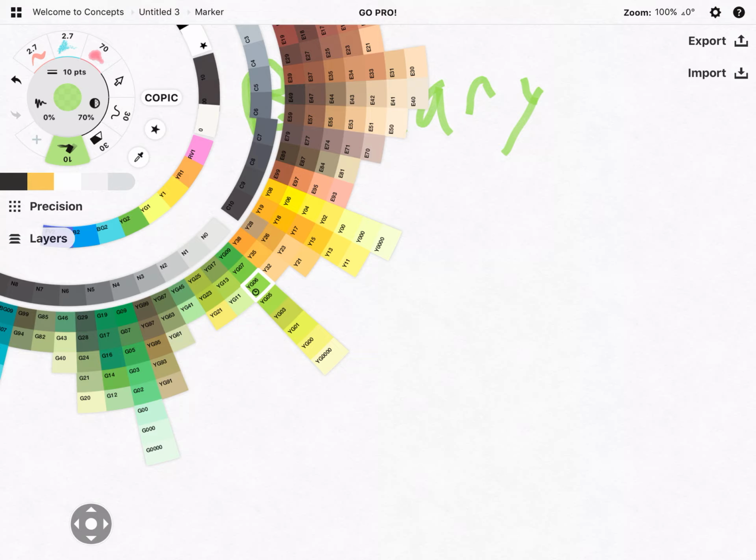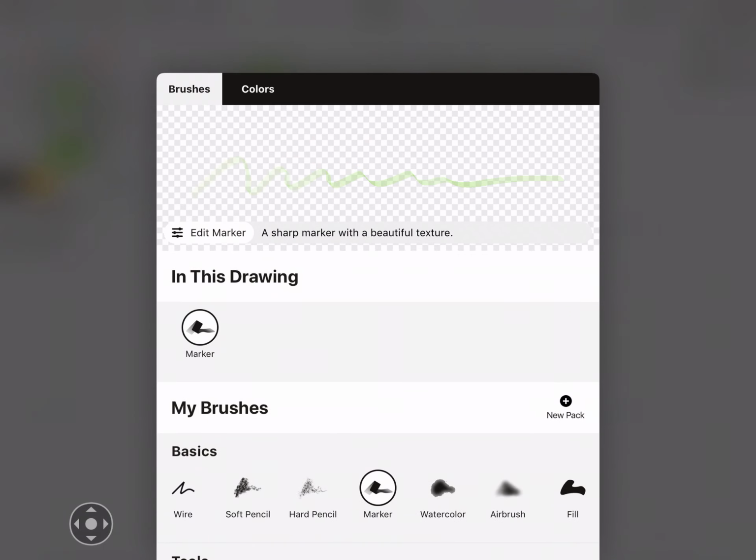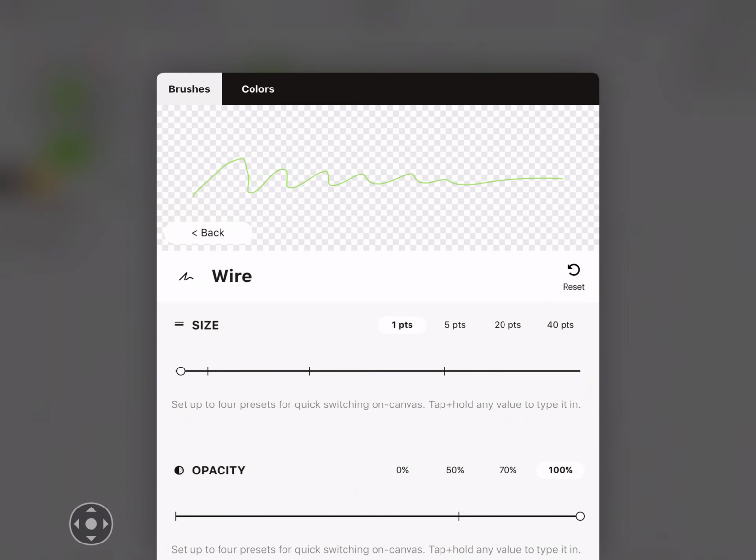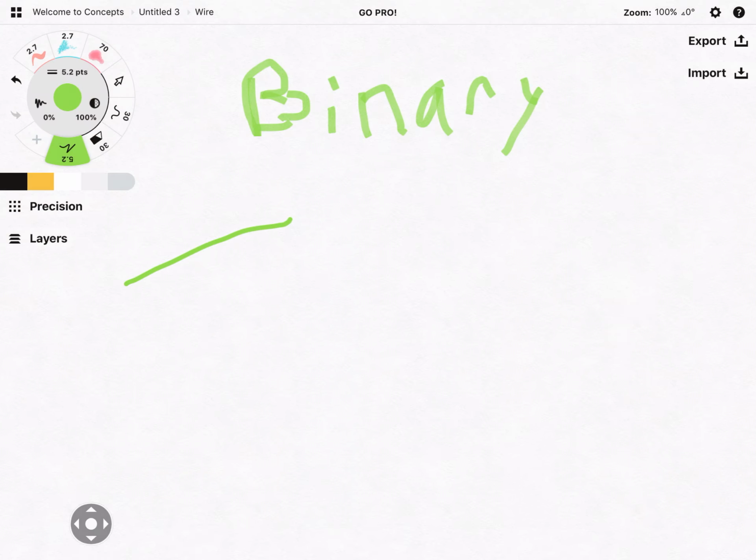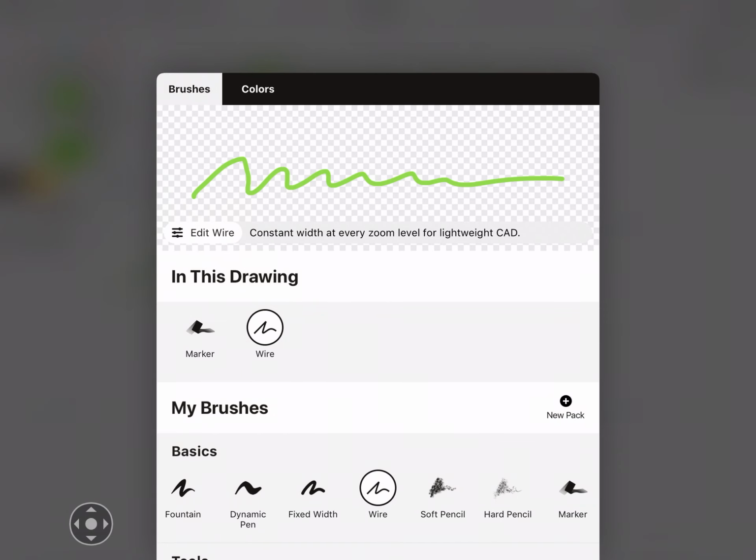Let me switch my marker here. I don't like... Yeah, let me get wire. Yeah, that's still too thick though. I want it to be